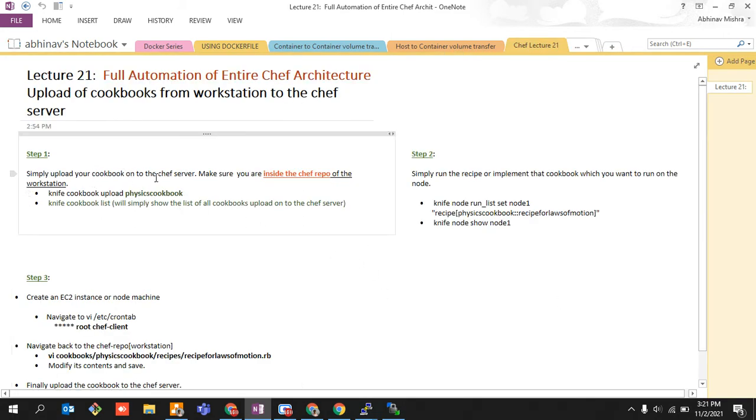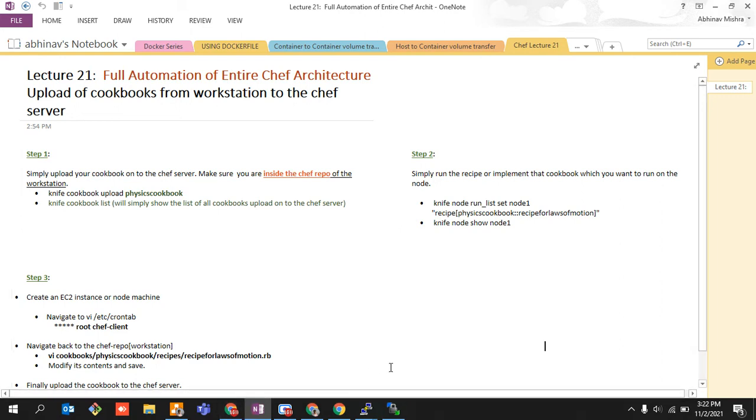We are going to upload our cookbook onto the chef server. Make sure that you are inside the chef repo. This is very important because I have made this mistake a number of times, even myself. I am writing code somewhere else in some other directory, in a totally different zone, because I simply got confused, right? So make sure that you are inside your chef repo if you want to write any code.